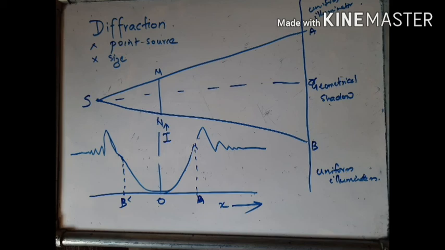The graph represents the intensity distribution of the pattern on the screen with respect to the position on the screen from the center of the screen. If we are representing that as a graph, we can see that at the center we are getting perfect darkness, and as we go from center to A or center to B, you can see A and B on the screen, the intensity of light is found to be gradually increasing, and there is an intensity at A and B also.